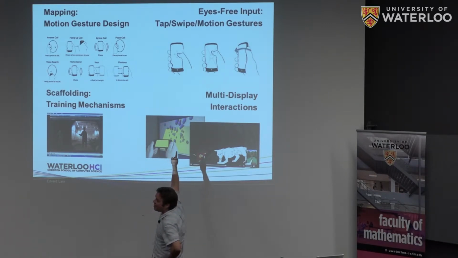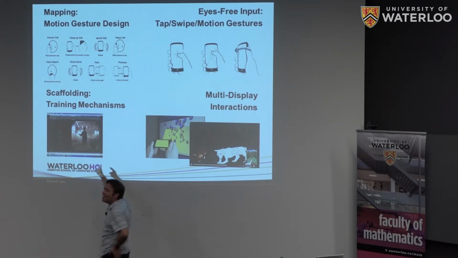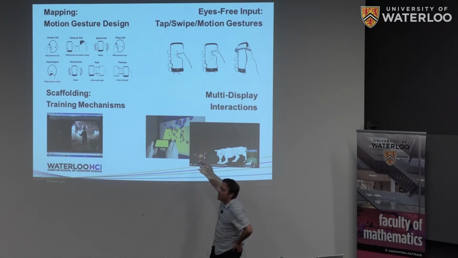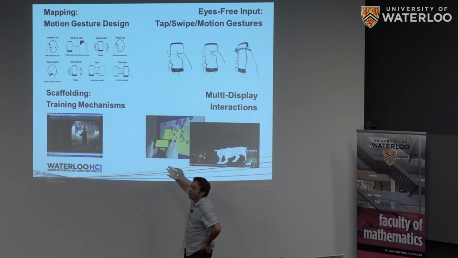in things like analyzing the cognitive cost of motion gestures relative to on-screen input, because motion gestures leverage proprioception and you don't need to look at the screen. We looked at things like how to teach people to do motion gestures reliably. And more recently, I had a PhD student who became interested in the idea of motion gestures and movement of devices as a mechanism in order to interact with external computation.